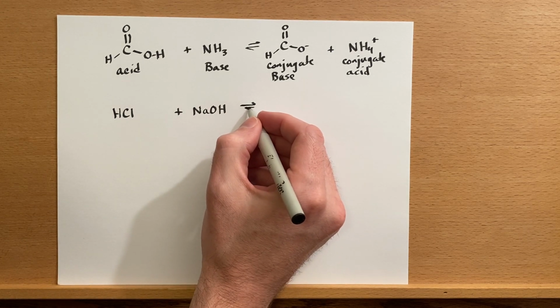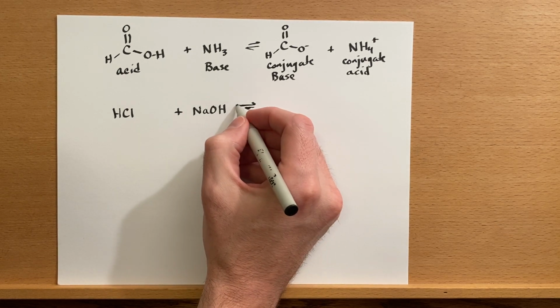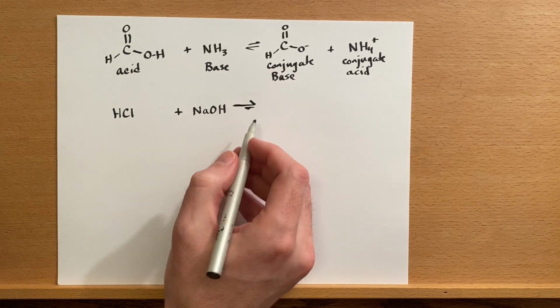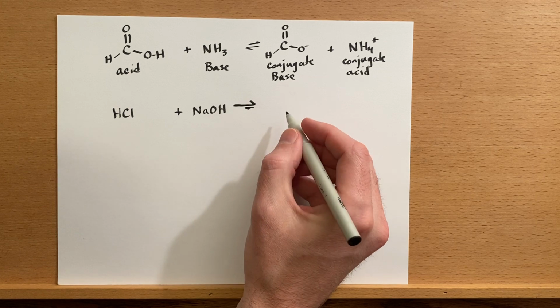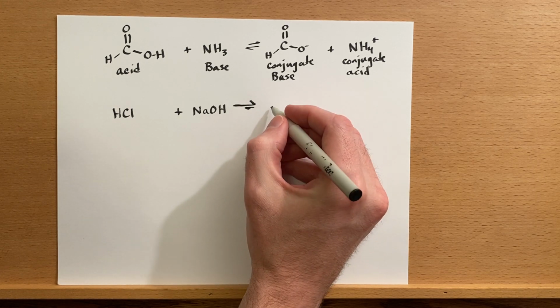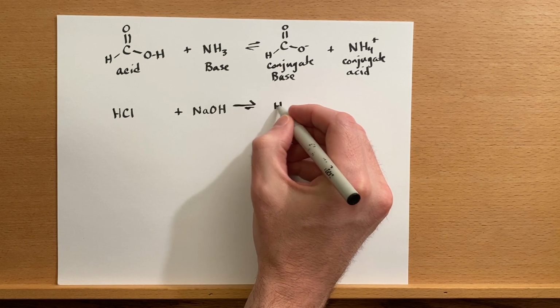I'm trying to draw a smaller arrow on the bottom, but the marker is making it larger than I want. So I'll just make the bigger one bigger. That's to indicate that the reaction is going to go much more forward than it will go backwards. But in any case, we're going to make water